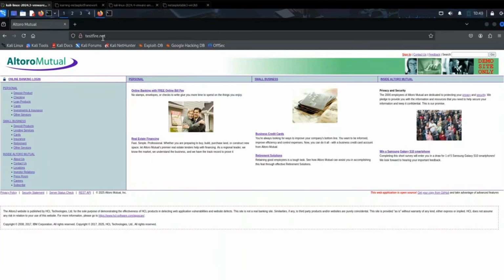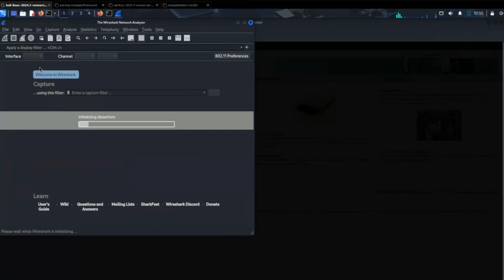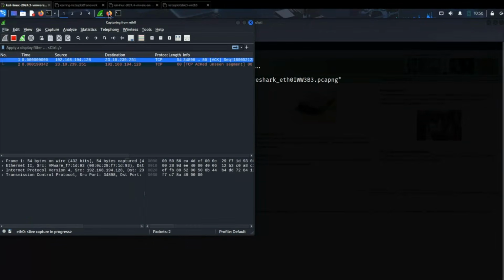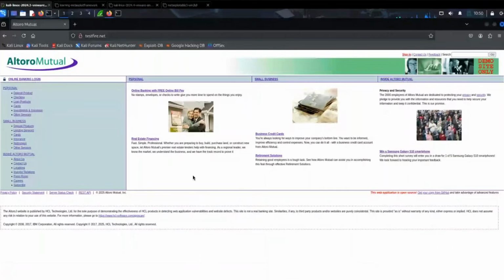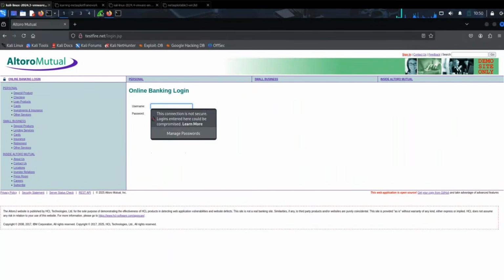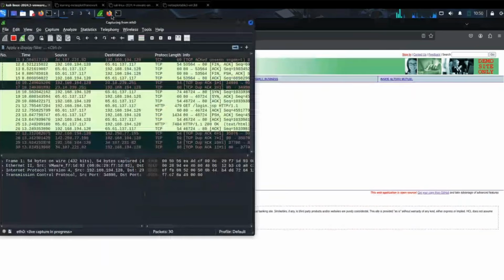So what can happen here in this case, guys? Let us say I am an attacker, and I am running a sniffing tool. Don't go into the technical part, I'm just giving you an overview. I'm running the sniffing tool with which I can eavesdrop or sniff the communication that might be happening between the victim and the testfire server. So between the victim and the website, let us say the victim is there